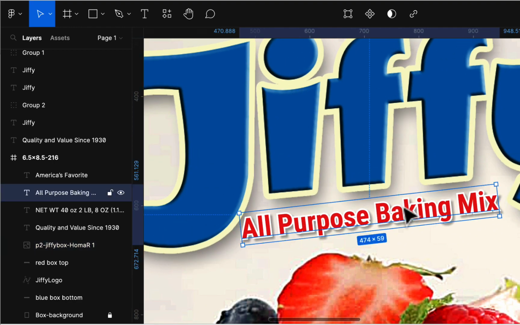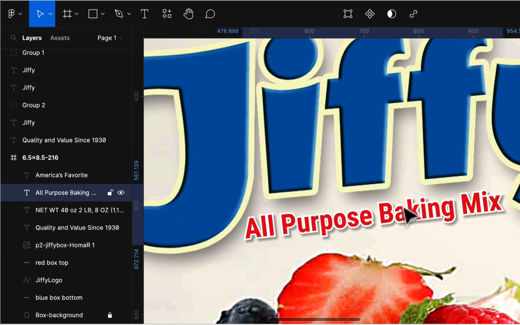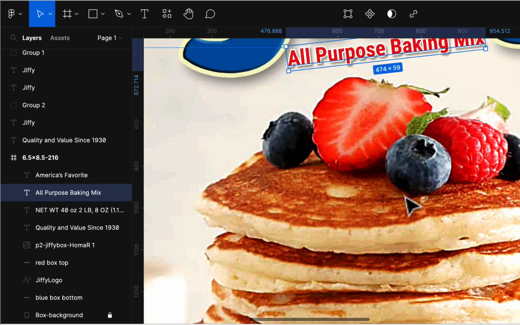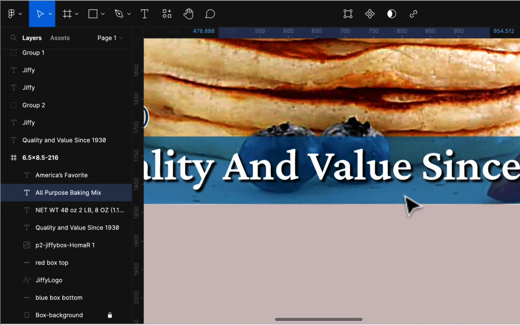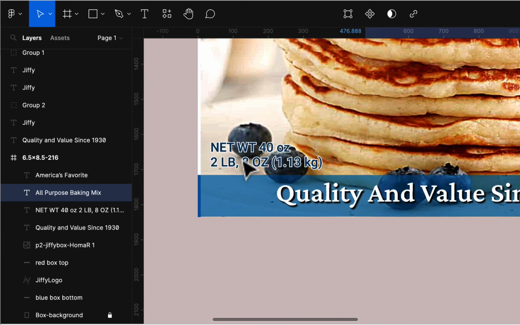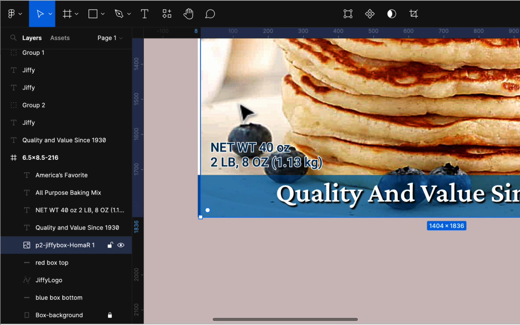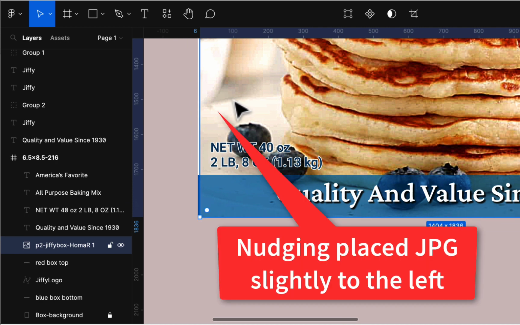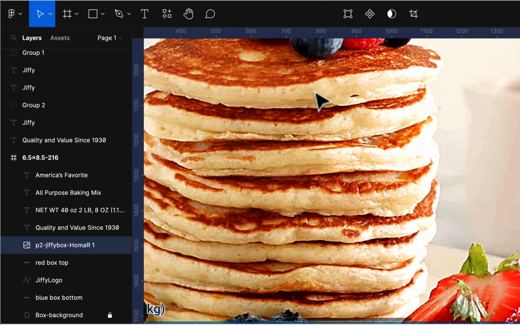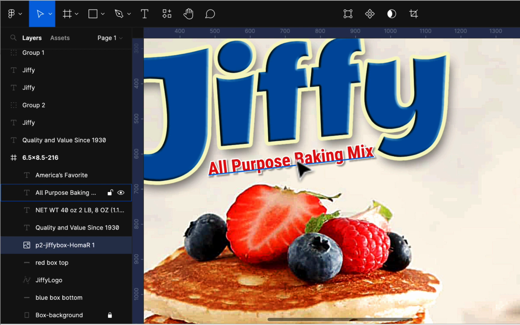Looks pretty good. I could even nudge this over if I want. I could go up here, check this out, that looks good. I could go down here, see how this looks, that looks good. And I could go over here, see how that looks good. This needs to be nudged over, actually. Let me just make sure that's in place so we don't see anything there. That means I might want to check this baking mix,